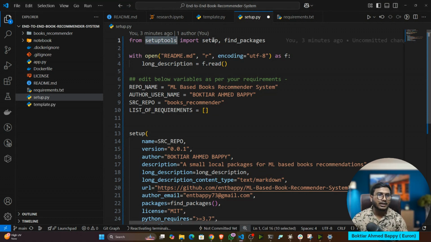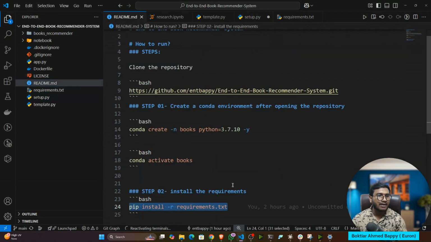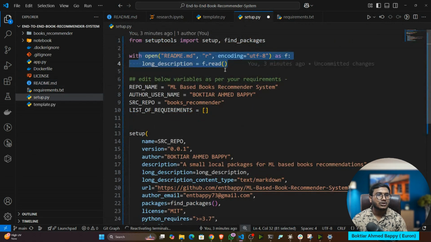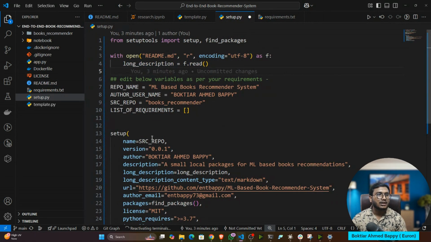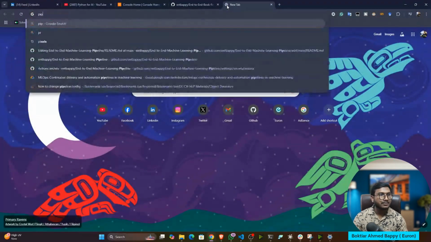Inside that we have something called setup and find_packages. So here you can write this particular line. This will read your readme file, and whatever content you have in the readme file, it will show. And why do we need it? Let's say whenever you want to publish this particular project as a Python PyPI package. Do you know, guys, what a PyPI package is exactly? I think you know this particular website called PyPI.